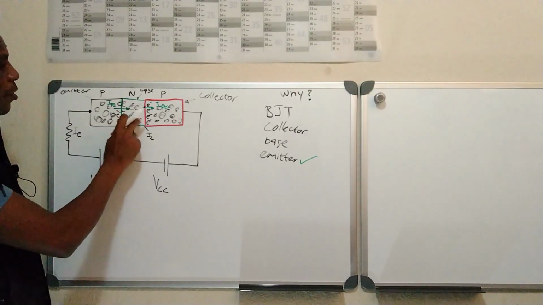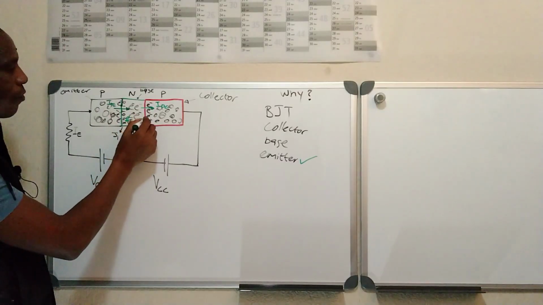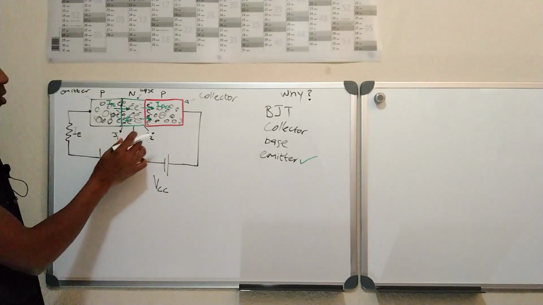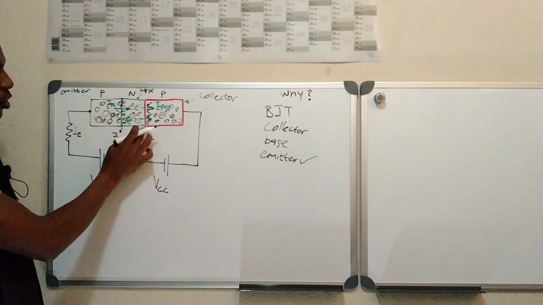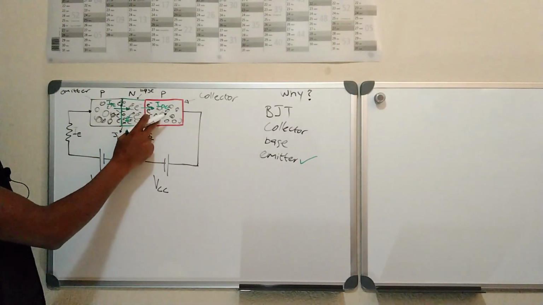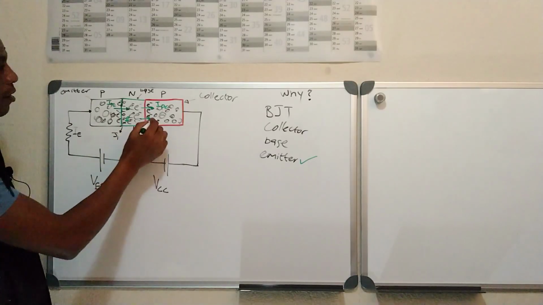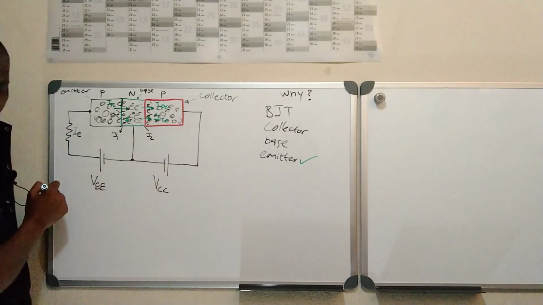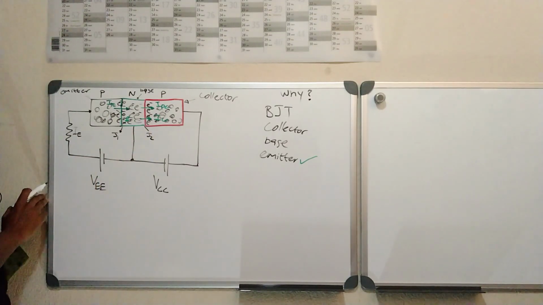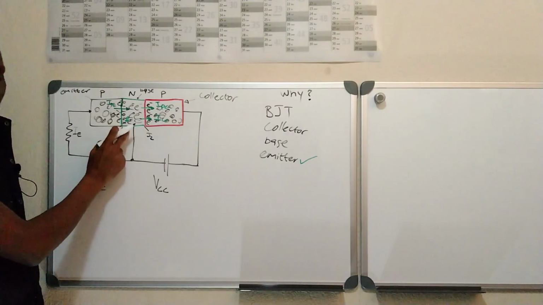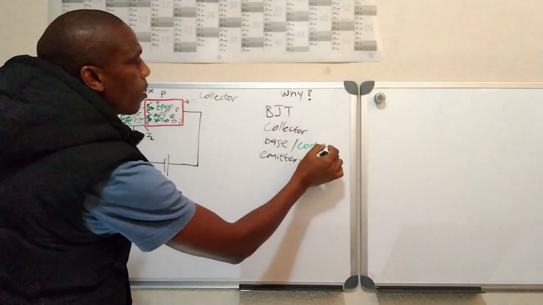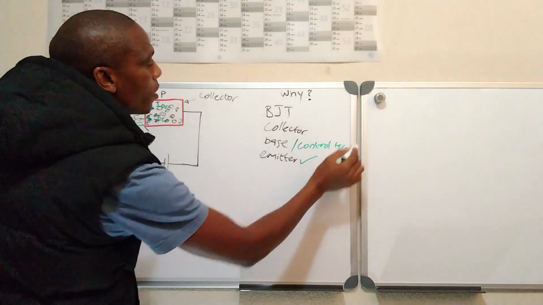Here from the base to the collector, there will be another current that will flow through this junction, which is the collector base junction. Remember now that the collector base junction is reverse biased, so there will be a leakage current from the emitter to the collector. We call it current ICO, because it's a leakage current. But now we're not done yet. The base is also known as a control terminal,